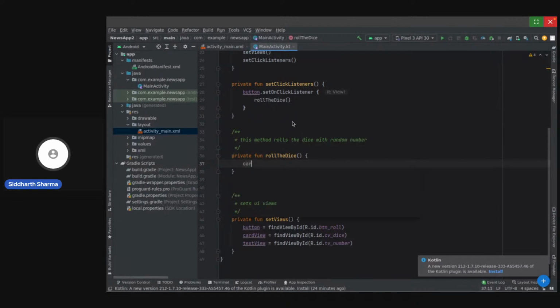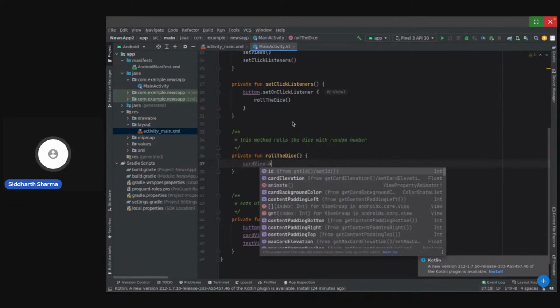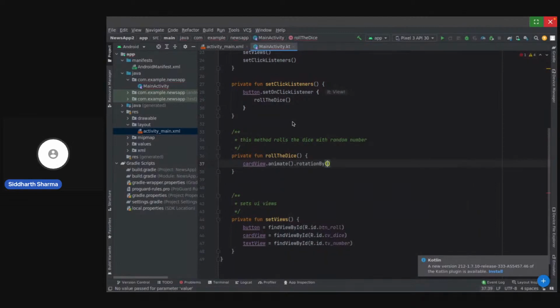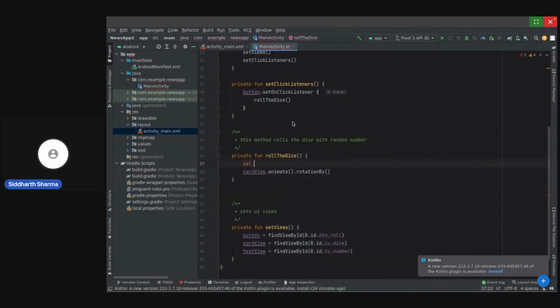We'll do this by an API, which is the animate API. So we'll animate this and give it a rotation by, let's try to give it some random values. That means I'll also randomize the number of times it will roll and by how many degrees of rotation it will roll.